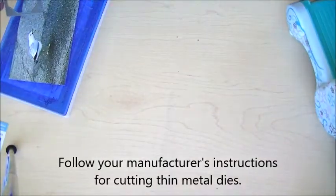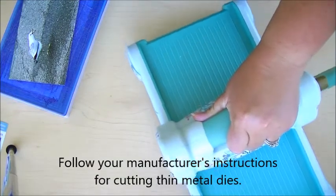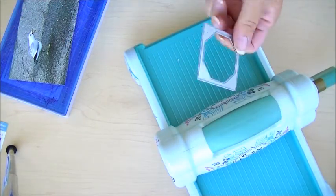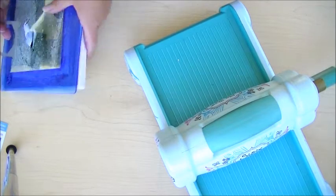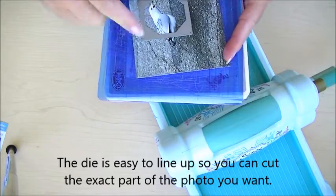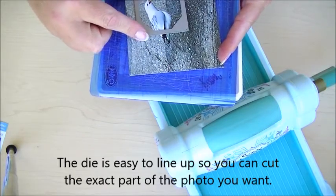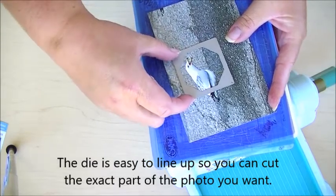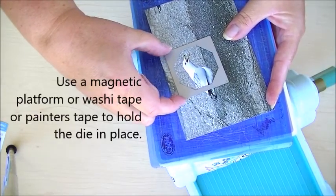First thing we're going to do is grab a machine. I'm using the Mosaic Big Shot, but these are thin metal dies and they work on all the machines that accept thin metal dies. And we're going to make our sandwich. And this first thing I'm going to cut out is the photo for the center. So I'm going to use the die and just line it up right in the photo, you know, how I want it to cut and appear,